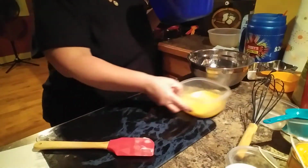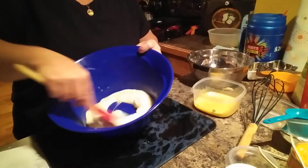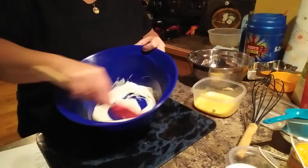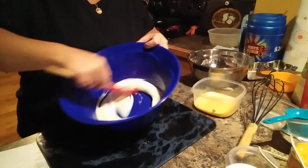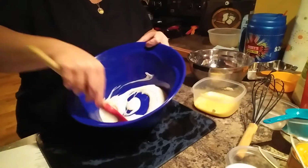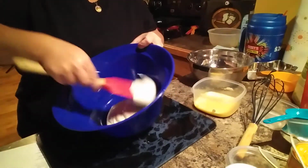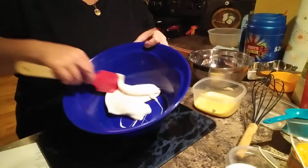Ooh, almost didn't get that. And you see it's starting to melt really good. So what you're going to do is make sure you mix up your cream cheese and your mozzarella really well. Make sure it's incorporated. And this actually did really good. This was almost the full 2 minutes, and it's super stringy, super ready to go. I just have 28 seconds left. So now that it's fully incorporated,